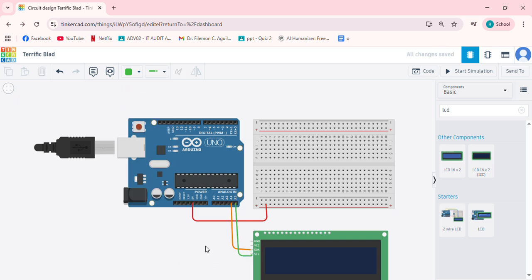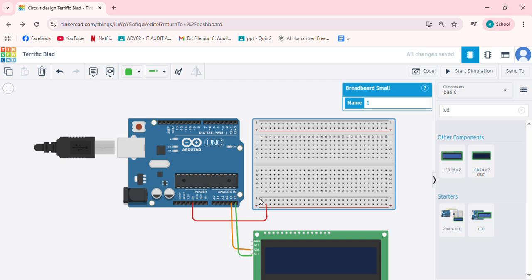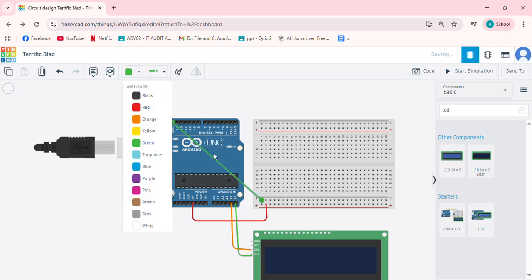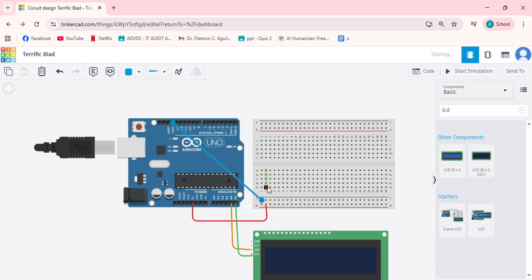Yeah, that's perfect. The next one is, we just need to connect this one to GND right here. Okay, let's do this a few. And then this one goes here.